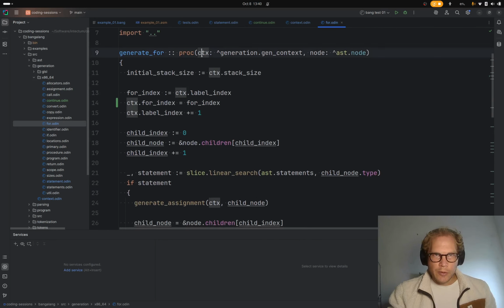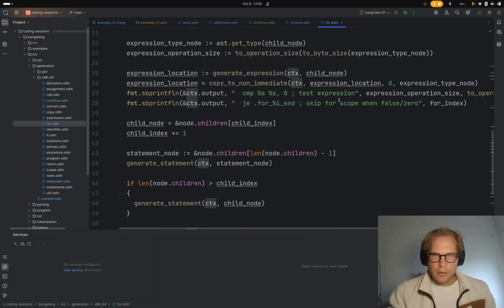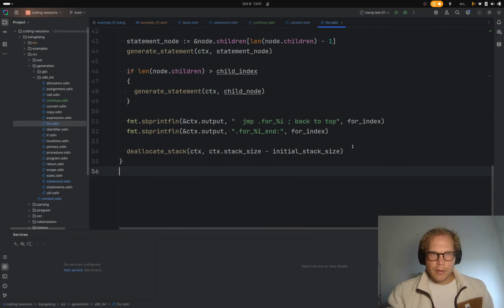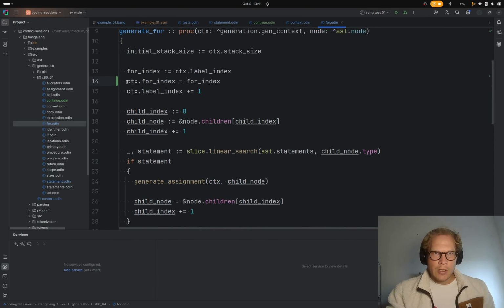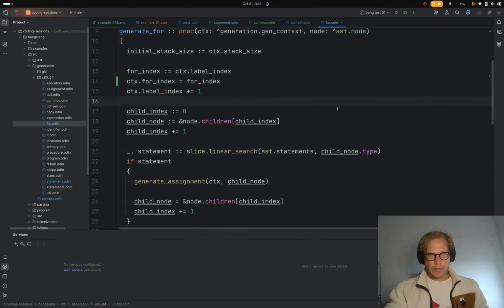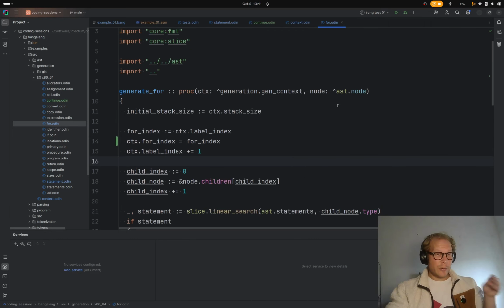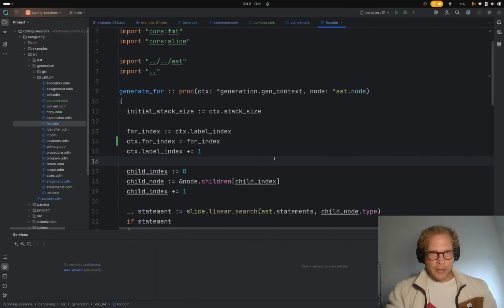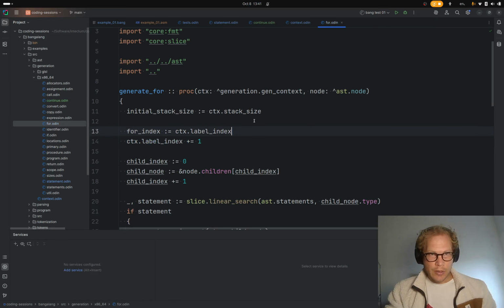We don't make a copy of the context here, do we? No, this is what we're passing down to everything. So we make a copy of the for index so we know which for index we are in. And if we have nested fors, the most nested for will be the for index. But we need to, when we come back out, this is the tricky one. So I think we actually need to